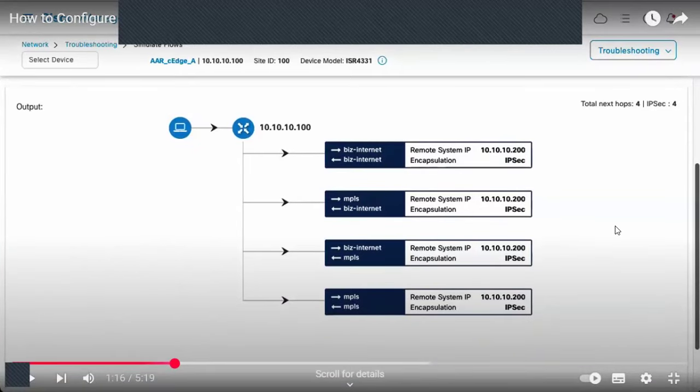So here, as I told you, we have site A. Over site A, we have 2 different domains, and over the destination site, we have 1 server. Even when I'm sending traffic by default from my first subnet, the voice subnet, it is using the same method. It is sending the traffic over both the biz internet and the MPLS, right? And when I'm using the email domain as a source, the traffic is still being sent using both transports, right? So this is the default communication. Once we have seen the default communication, we'll be creating the policy.